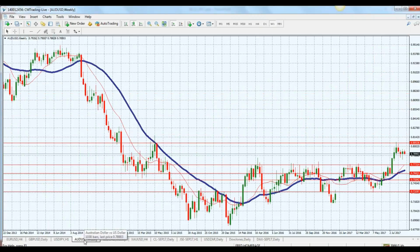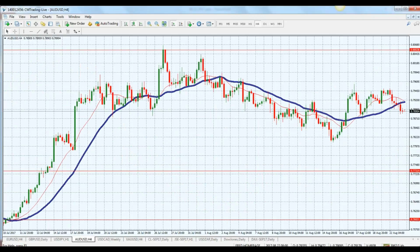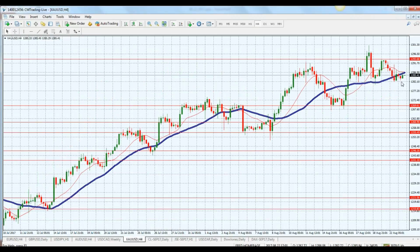Looking at the Aussie USD, also trading within a range, nothing really out of the ordinary. We're in this middle of the range, nothing really happening, per se, that's breaking out higher that you should get really aggressive about. Looking at gold though, gold looks like it's solidifying here at 1285, not going down and holding